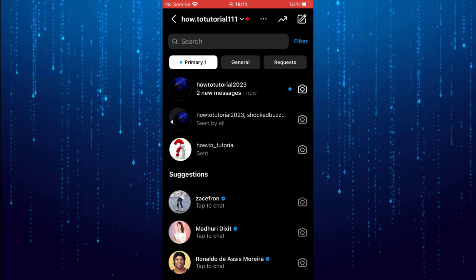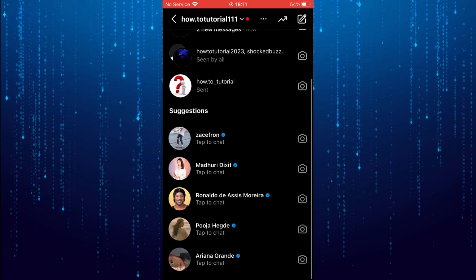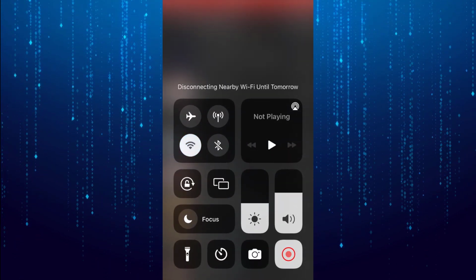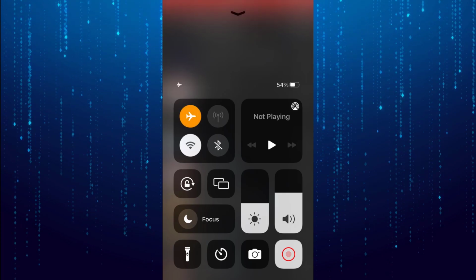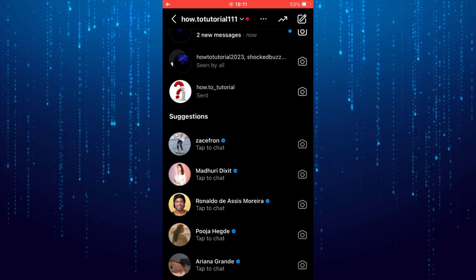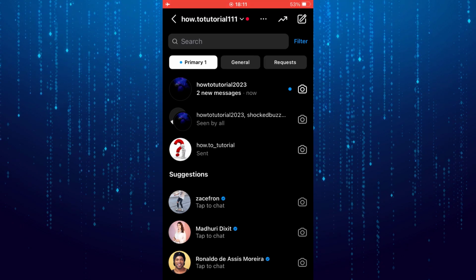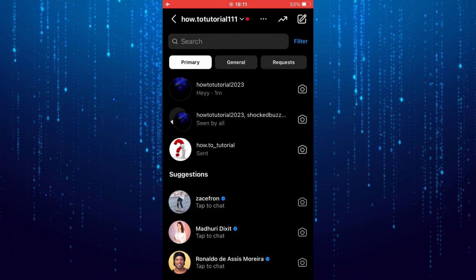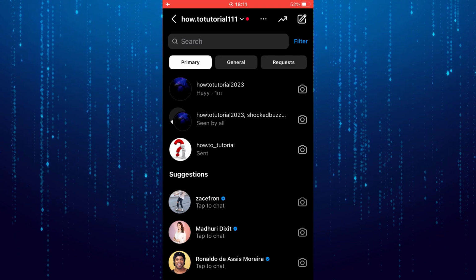We have to just turn off the Wi-Fi or mobile data and turn on the airplane mode. And then we will read the message. So we have to just go back to our profile section